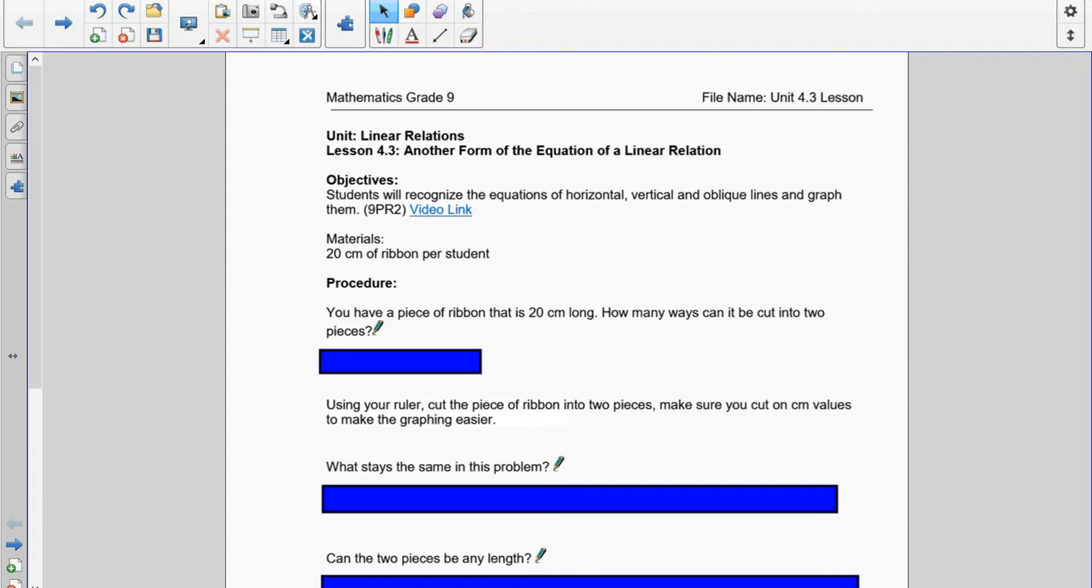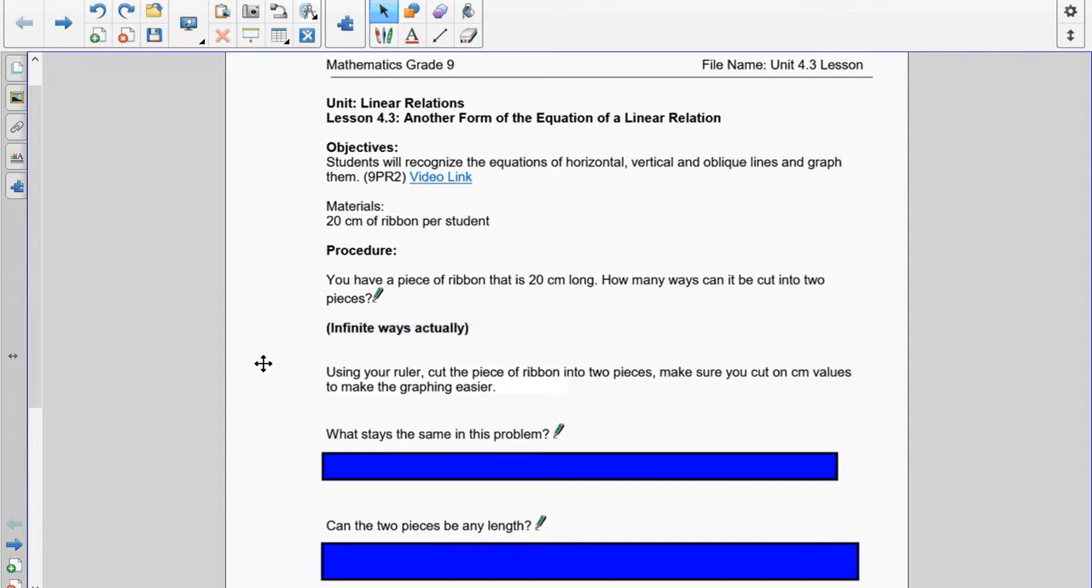Well, if you think about it, you could cut it at the 1 centimeter mark and have 1 centimeter and 19. You could have 5 centimeters, the first piece 5 centimeters, and the second would be 15 because they do have to add to 20. But what if you cut it at 1.1 centimeters or 0.43 millimeters? So you should be able to see that you can cut this thing in an infinite amount of